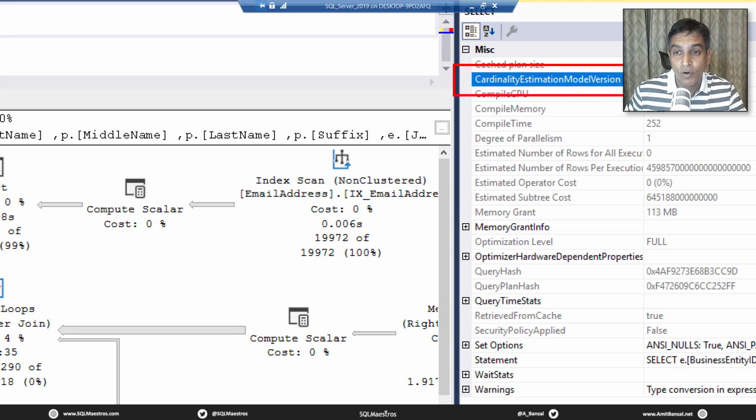The version number was 130. So 130 is supposed to be up there, but it shows 70, which is why all this nonsense is happening. It's because of this old cardinality estimator. In one of the latest versions of SQL Server, you're getting such poor performance out of this query execution